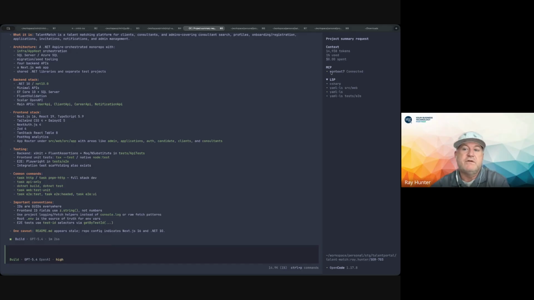The MCP server, this is the Context 7 one that I was telling you about. Very popular. It's a pretty famous one that allows you to get more coding specific. LSPs, I do have some LSPs set up, and you'll see in here that it uses C# YAML LS for some of these other ones, and it gives me a directory that it will use those particular ones under. So it's actually pretty smart and convenient. And then down at the very bottom on the right hand side, it just gives you the directory that I'm working in and where I'm at on the file system.